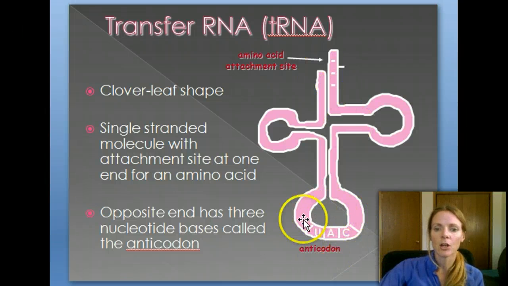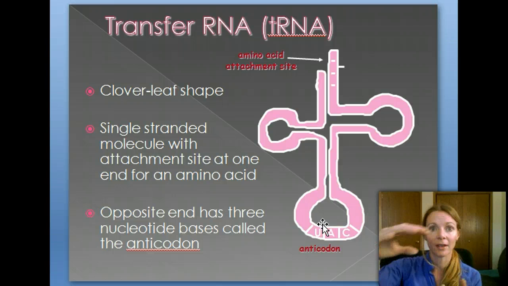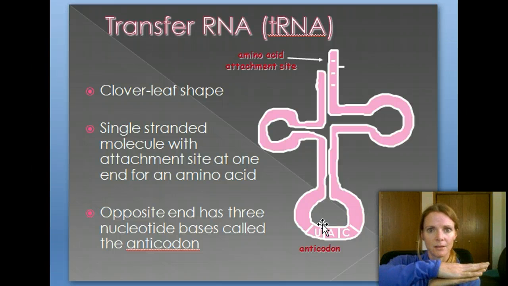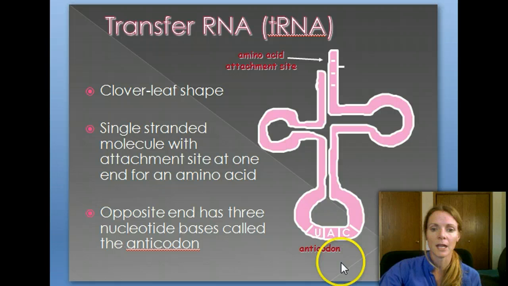Now here's the anticodon. The anticodon has 3 bases down here that are going to fit with that RNA. Now remember, you've gotten that code from the DNA, and now you have your RNA code. It's going to contain uracils in it. Then you have the anticodon that's going to make it double-stranded, and this is going to have an amino acid on top. So basically, you can have an amino acid that's attached up here. This anticodon attaches to the RNA down here, the messenger RNA that has carried that code to the